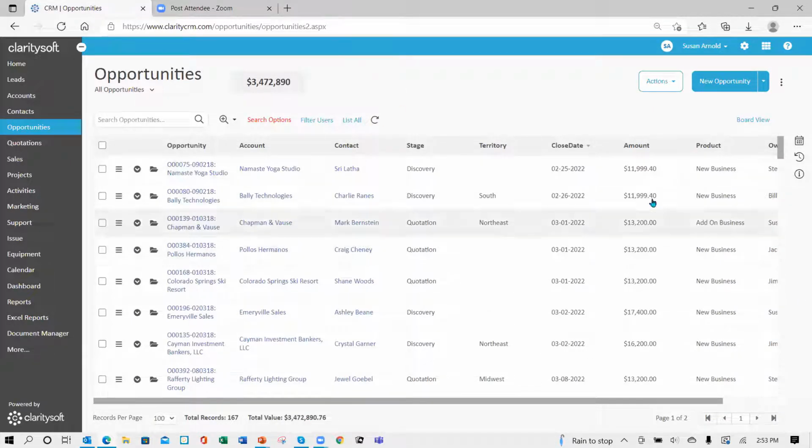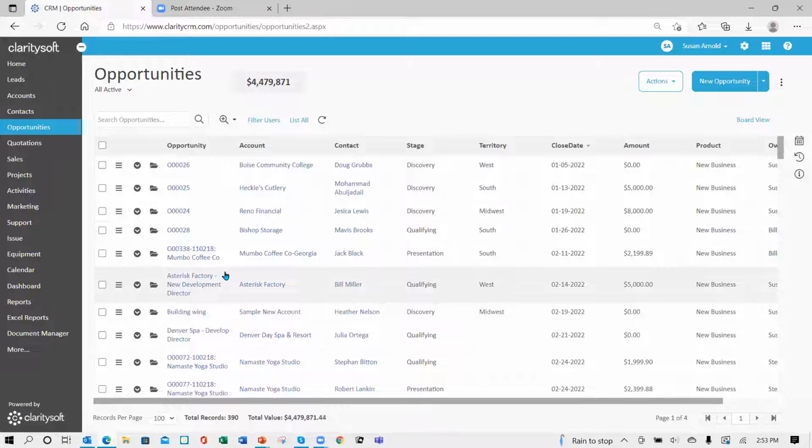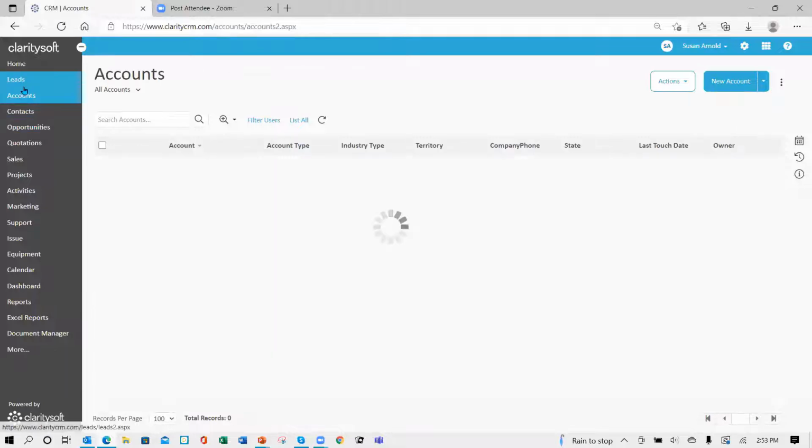So, okay, hopefully I've given you some ideas on how to do stuff in the database. And as I said, these filters flow into reports and dashboards, so you're pulling out the data that you want in your reports and dashboards. I'm thinking if there was one more. Oh, I know what I wanted to do was go back to accounts